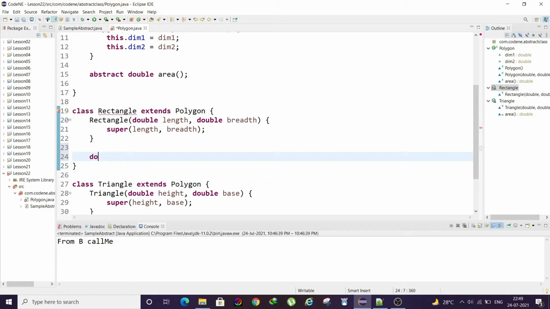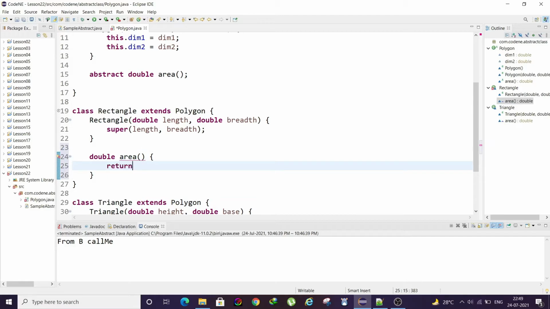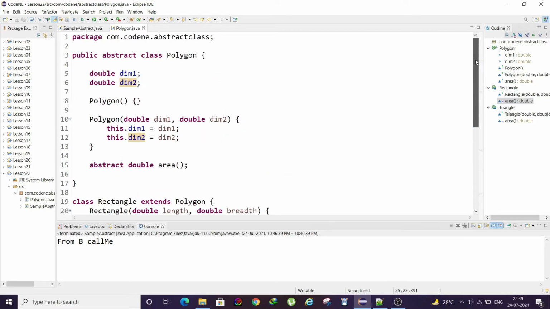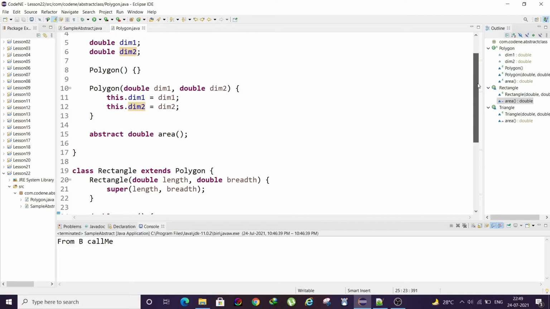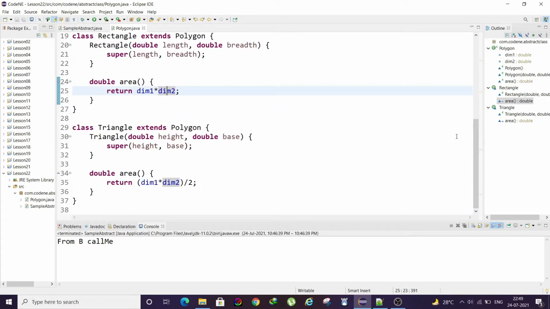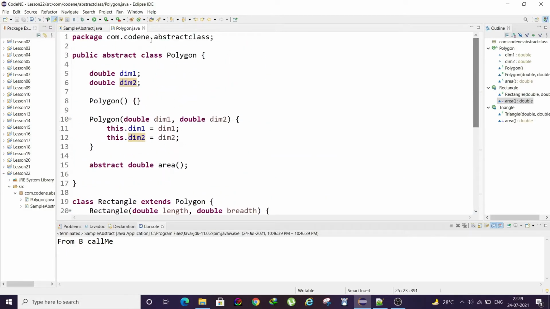Okay, so when I write something like area, then I return dimension 1 into dimension 2, at that time all the error will be gone, right? All these three classes will work as expected. So that is the use of abstract class.